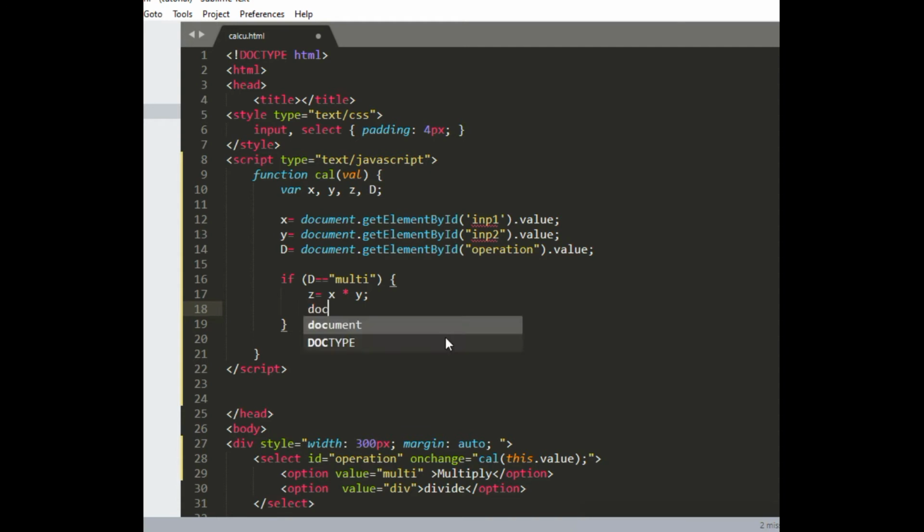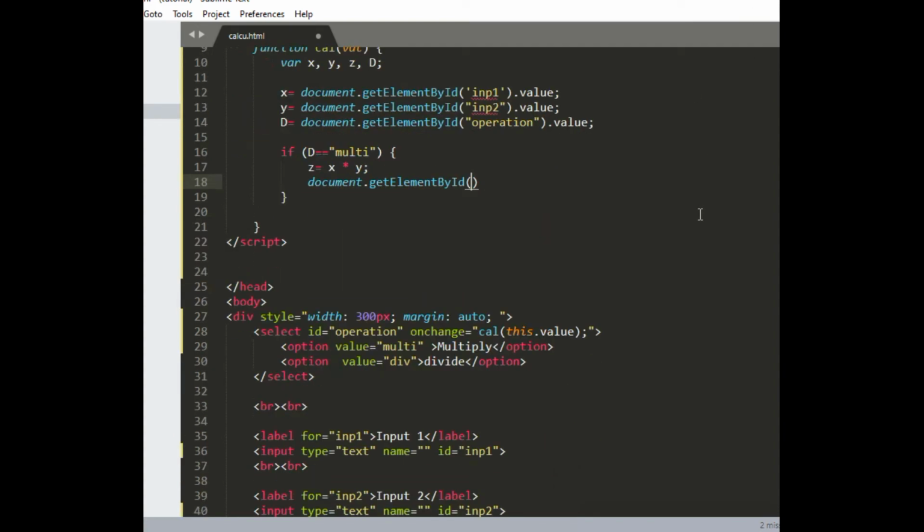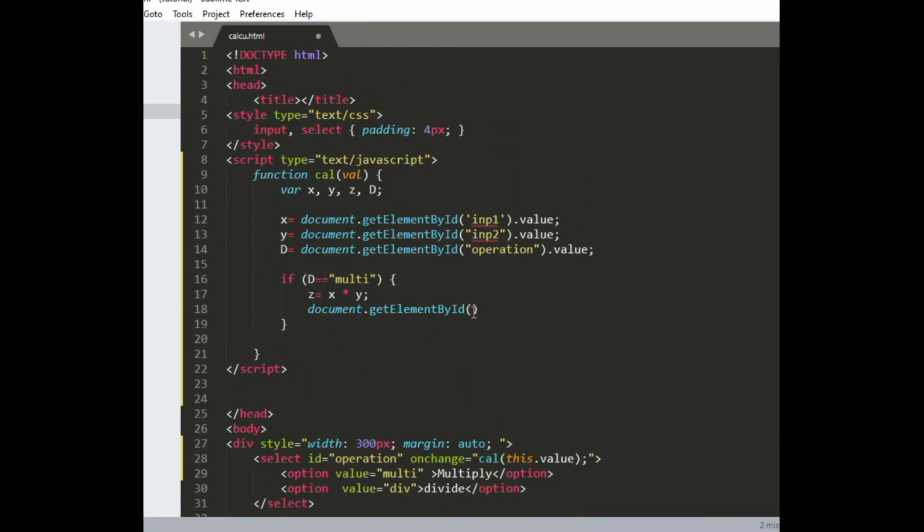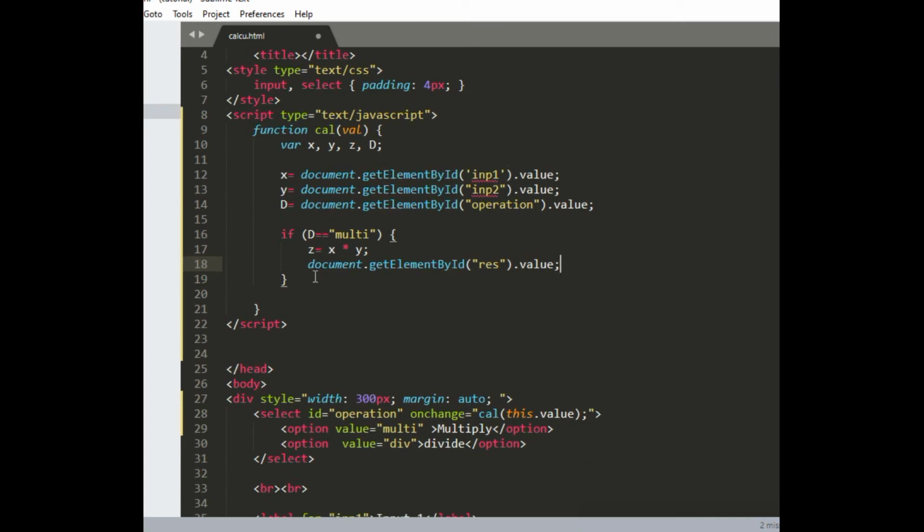This value we will put in the third input field, whose ID is res, the result. Its value will be replaced by variable z.